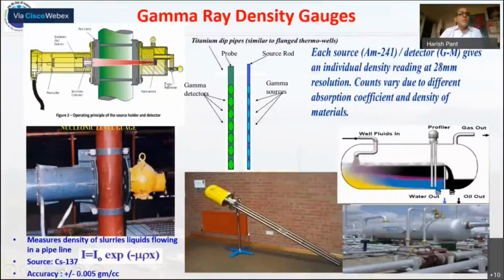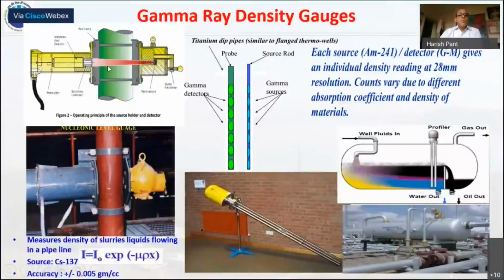used in industry. You can see here there is a source here, and there is a detector here, and this is the pipe here, and inside this pipe there will be process material whose density needs to be estimated, and one can find out the density of the material using this equation: I is equal to I0 e to the power minus rho density and x.